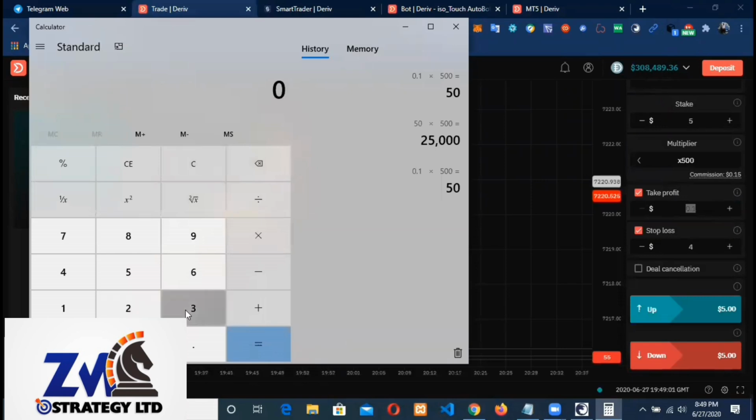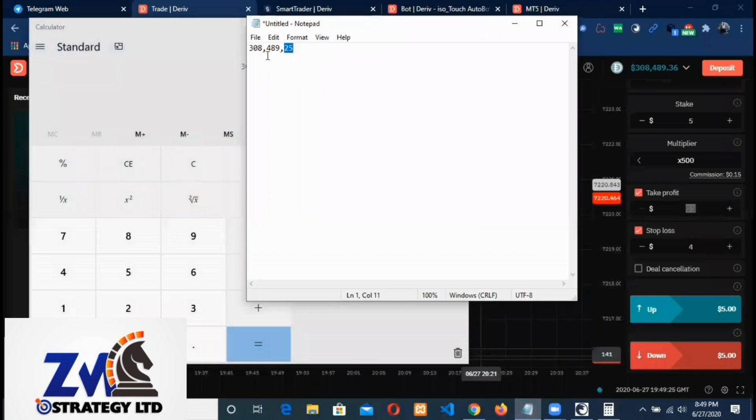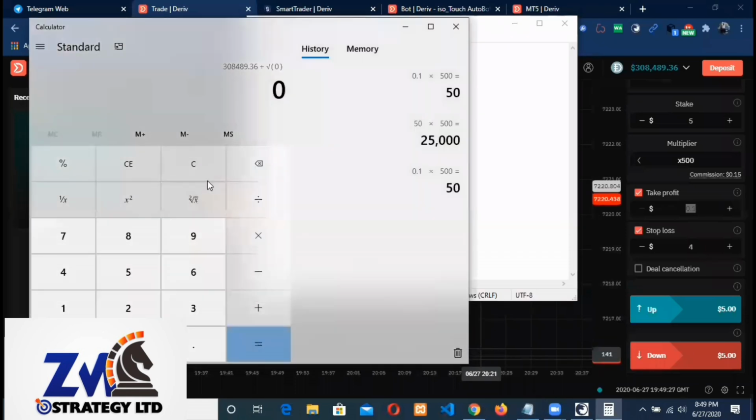We started with 308,489.25. Now if we add 0.1 to this,